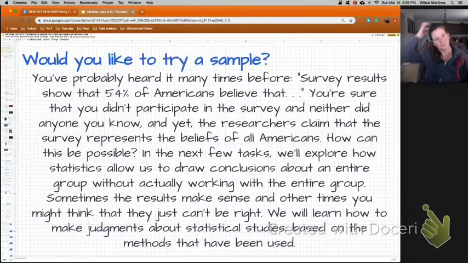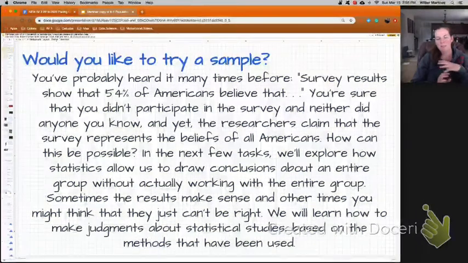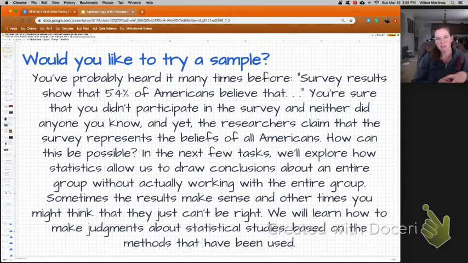So, first things first, let's talk about where you've heard about statistics in life outside of the math classroom. So we have this little catch. Would you like to try a sample? So when you walk by places in the food court, of course, you hear that. Would you like to try a sample of this or try a sample of this? But this word sample in terms of statistics, you've probably heard a lot of times before, something like, survey results